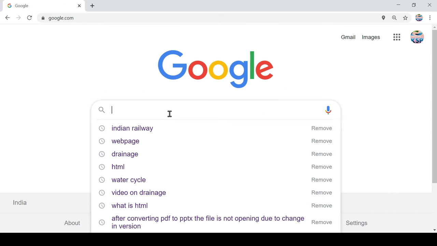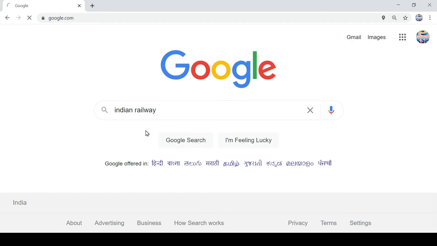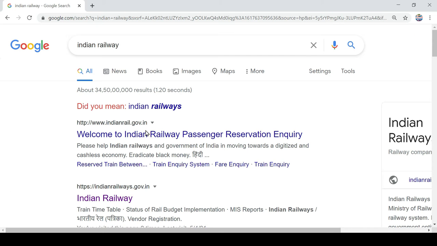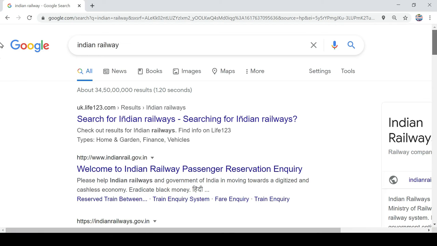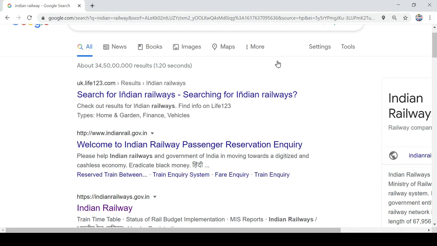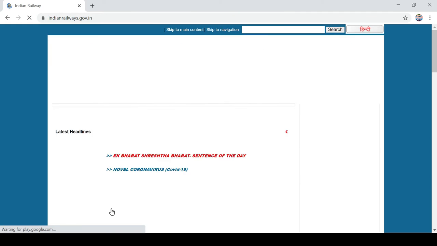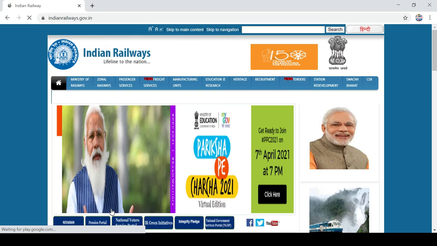Now suppose I want to know about Indian Railway. Okay, so when I click on this one, can you see this blue color text? All this blue color text is hypertext only. Because when you click on this hypertext link, a different web page will open. So that's why the name hypertext is given.